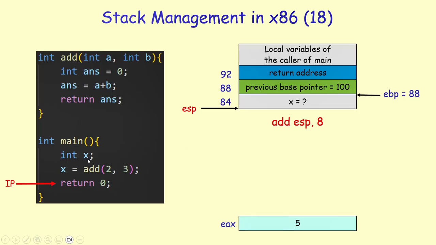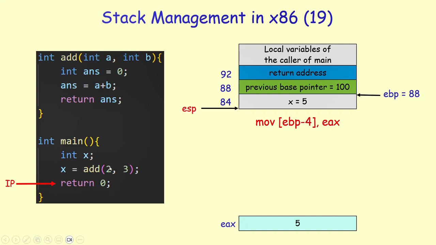So how do we address x? Again, we use the same idea. The base pointer EBP is now pointing to the base of the call frame for the main function. And if we just subtract 4 from it, that's the address of the first local variable, which is x in this case. So it's very simple. Move into the memory location pointed to by EBP minus 4 from the register EAX. So take the value stored in EAX and store it in this memory location, which would be 88 minus 4, which is 84.